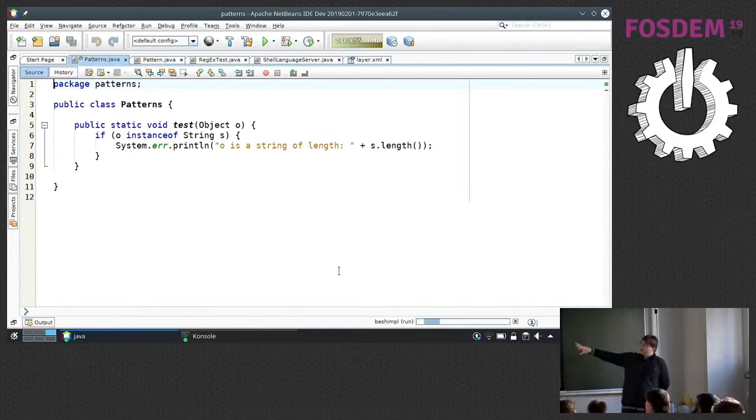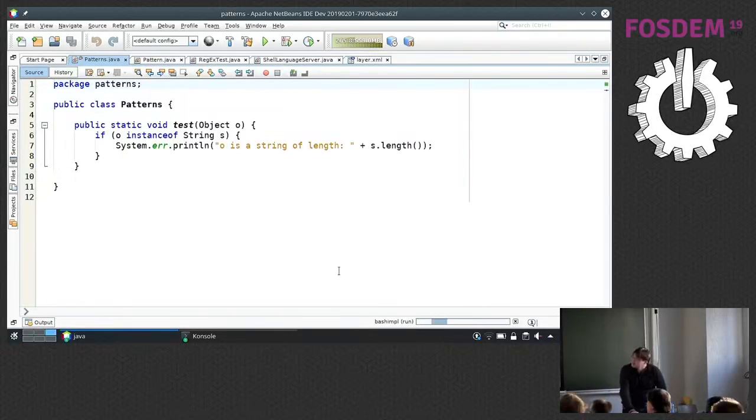And this version of NetBeans is running on a JDK that understands this new stuff in Java, which is a prototype, of course, because it's not approved and so on, and it's not in the standard JDK. And NetBeans itself doesn't know basically anything about this new feature.